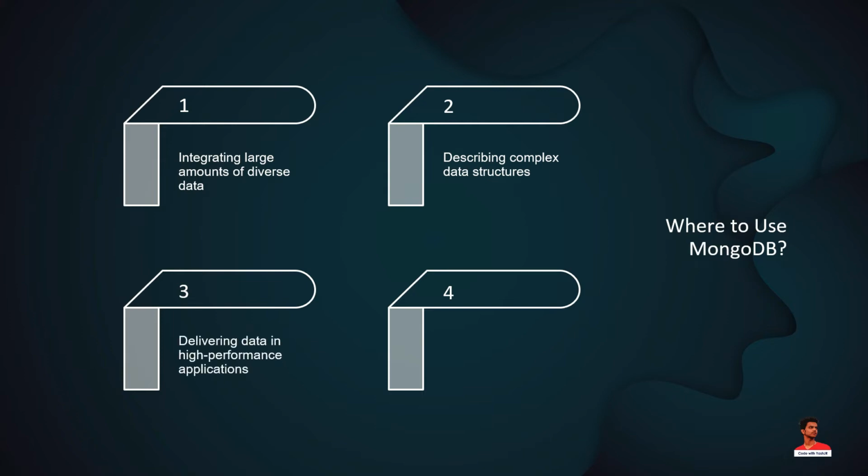Delivering data in high-performance applications. MongoDB's scale-out architecture can support huge numbers of transactions on homogeneous databases. Unlike other databases that either cannot support such scale or can only do so with massive amounts of engineering and additional components, MongoDB has a clear path to scalability because of the way it was designed. MongoDB is scalable out of the box, supporting hybrid and multi-cloud applications. MongoDB can be deployed and run on a desktop, a massive cluster of computers in a data center, or in a public cloud, either as installed software or through MongoDB Atlas, a database as a service product.